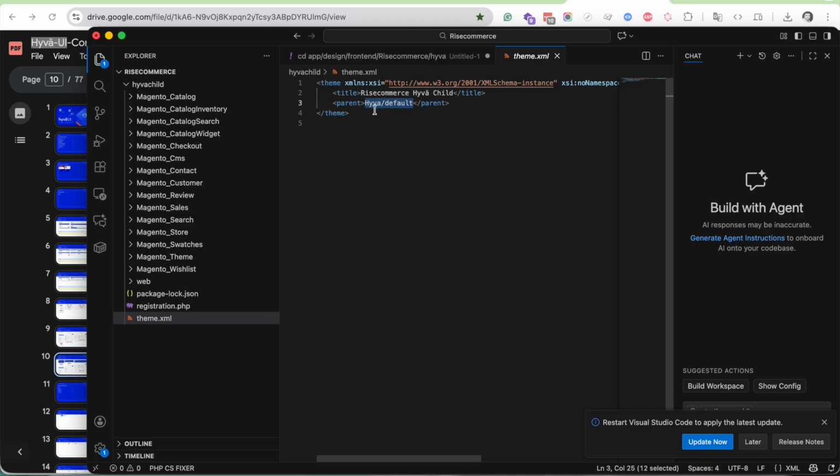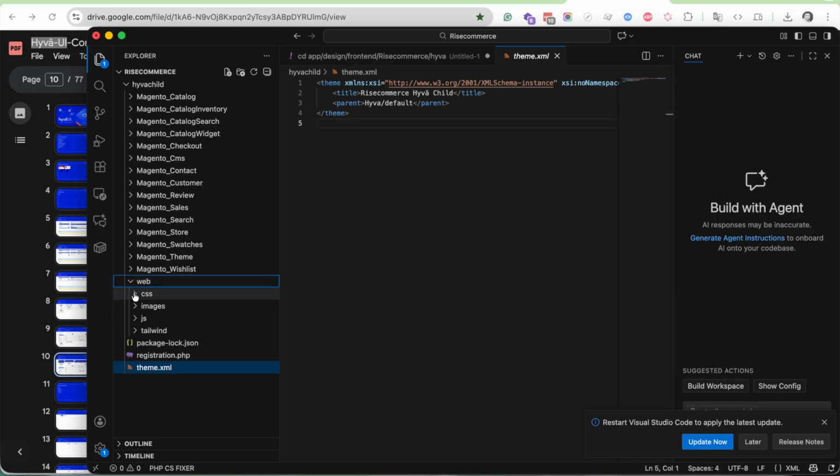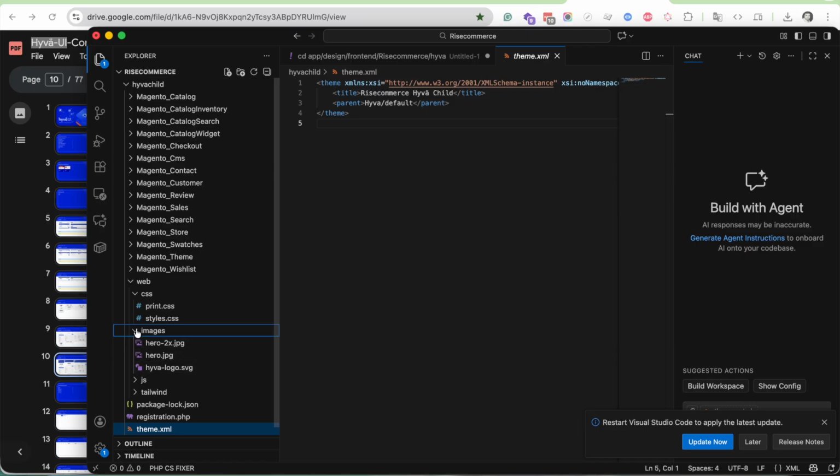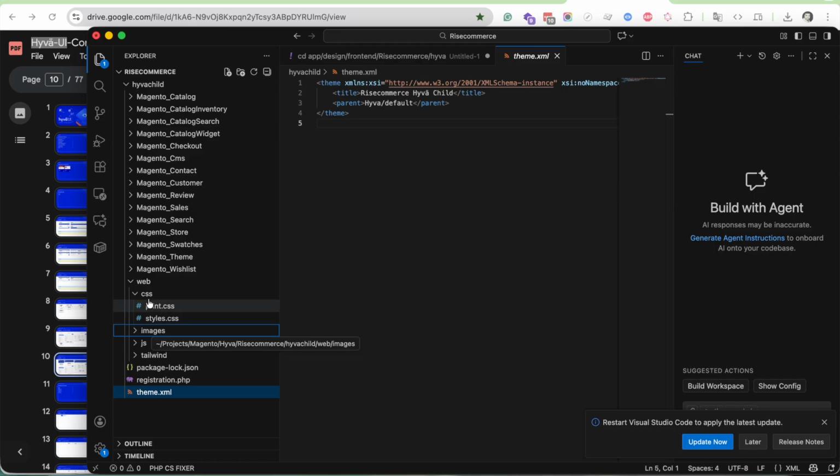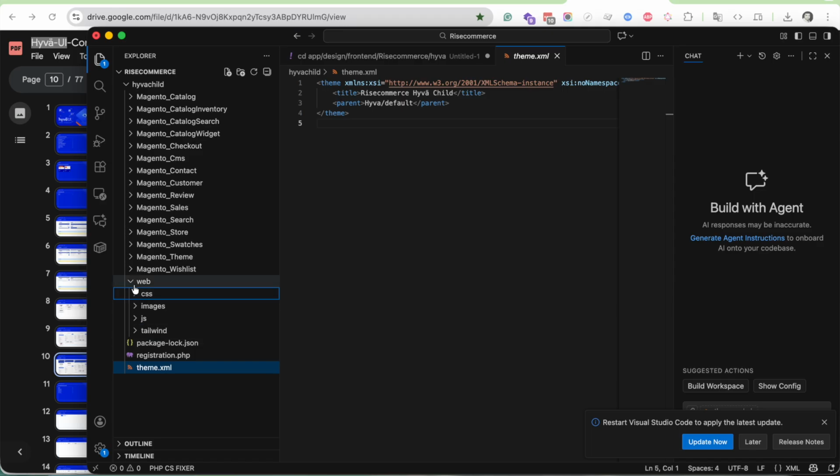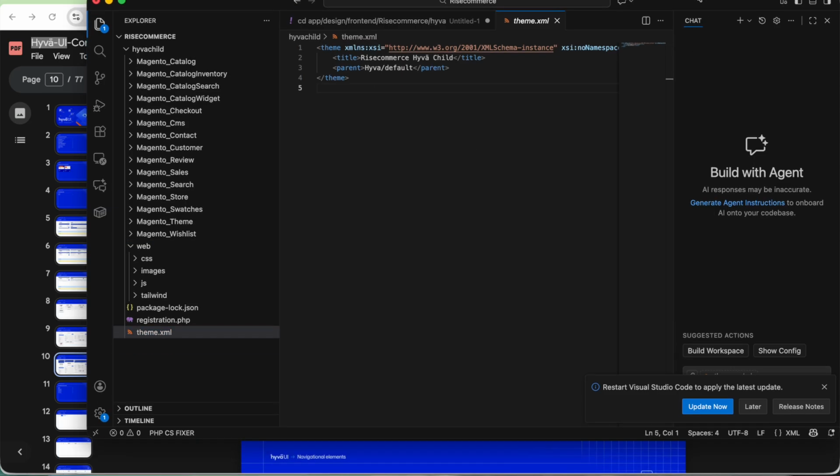So you have to make sure to write the exact like that. Once you have these files, you can create a separate web folder where you can keep print and style CSS, and you can upload all the project related images right here. I get these files from Hyva UI component directory, and if we go here in the web directory, we can go to tailwind, and then we can